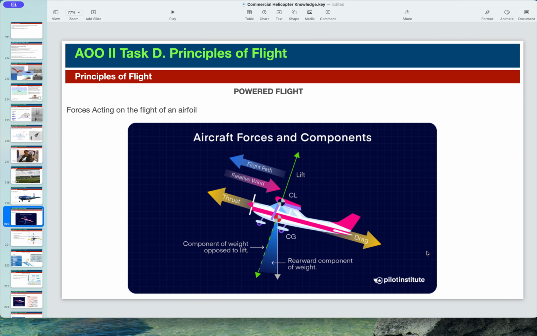And so drag, obviously that semi truck is going to have substantially more drag than say something like the Ferrari, right? So our drag opposes our thrust. And also, as we generate lift, we have an opposition of gravity and weight that wants to pull the aircraft down, or the flying machine or bird down. So we have how much lift we're generating opposed by the amount of weight that we are